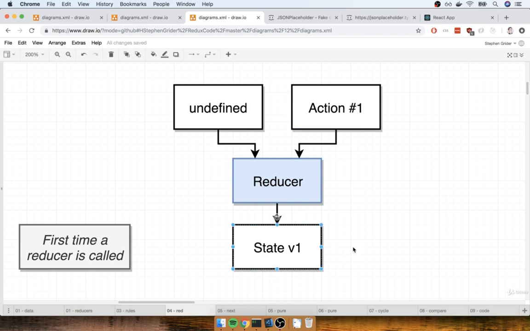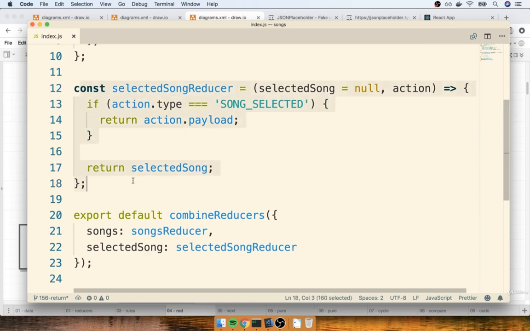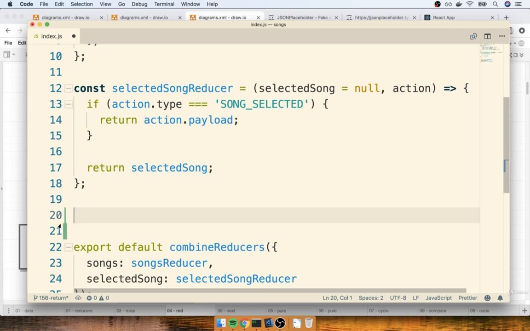It is then up to the reducer to take these two arguments and return some initial state value. We really already went through this process back when we put together the songs application in the last section. I'm going to pull some code from that application onto the screen really quickly. Okay, so here's our selected song reducer. When our application first started up, selected song reducer was invoked automatically one time. Let's imagine that the code for invoking it one time was placed right here.